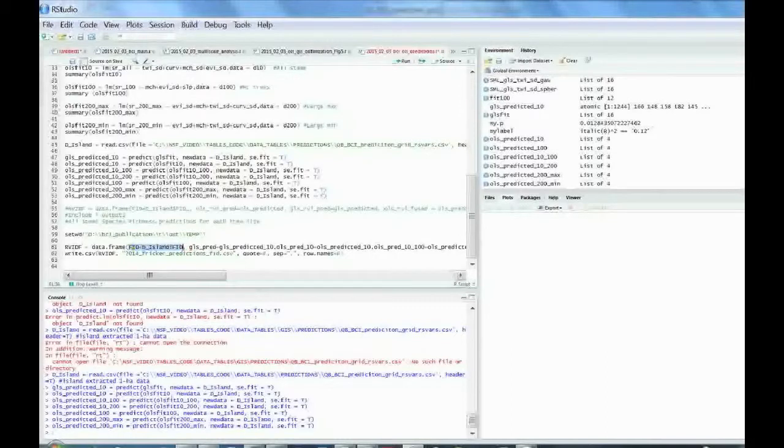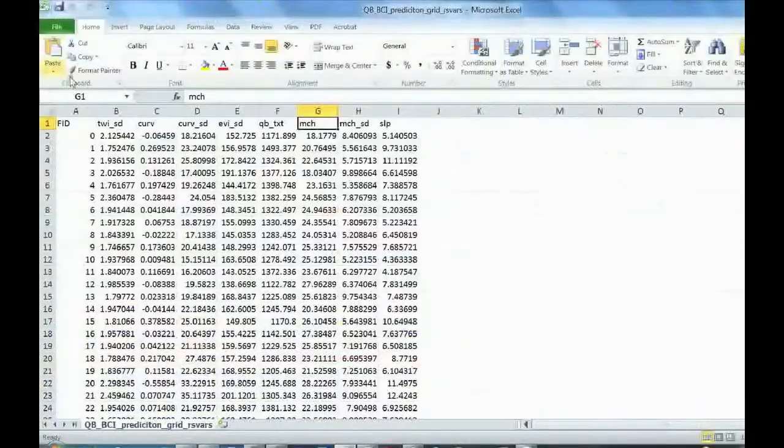So in this case, you've got FID, your feature identifier number, and just kind of follow this form. And each one of these is going to correspond to each one of these. And so your OLS predicted _10 is going to be your OLS prediction for all stems. You'll notice that the OLS predictions also give you a standard error. And then on this line, essentially you write it to a CSV file. And so in this case, our CSV file is going to look something